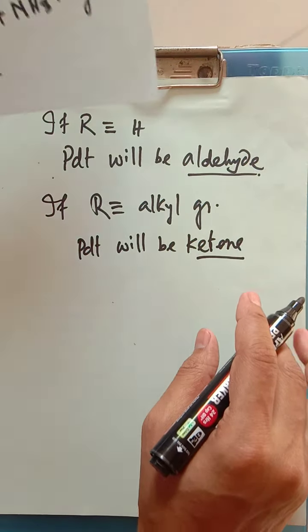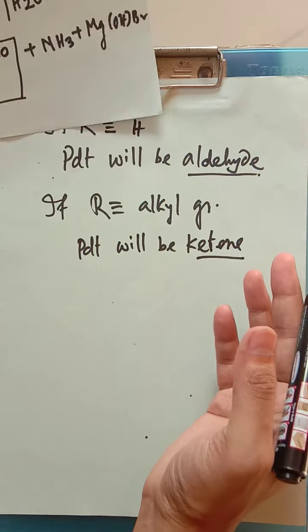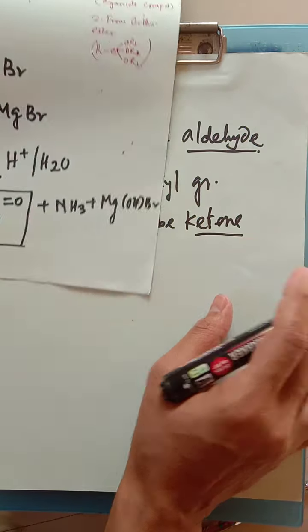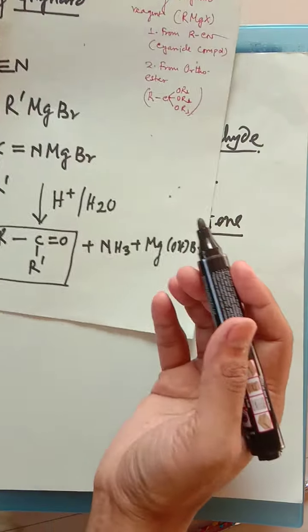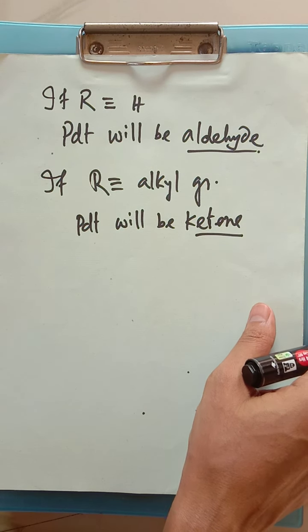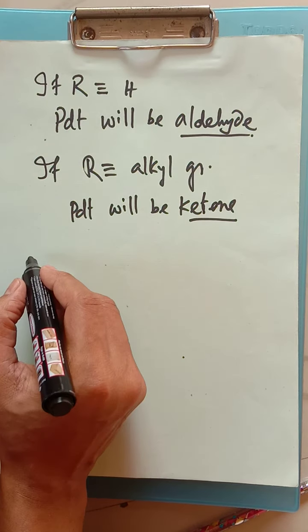Depending on the question, we have to select the starting material, then we have to find out the answer. So it's very easy to understand. By replacing the R group we can find out different products. Now this is from cyanide. Now from